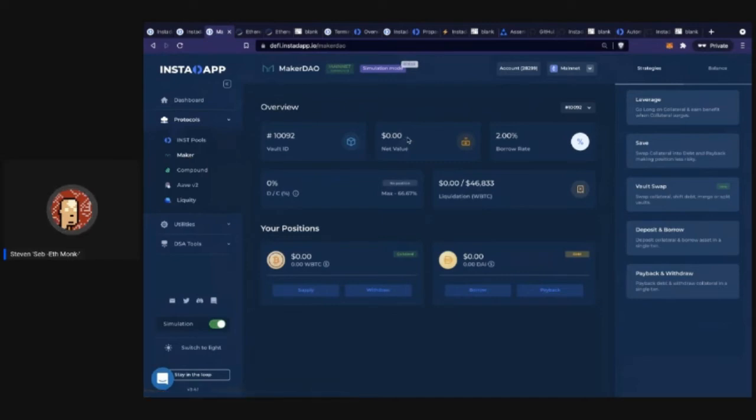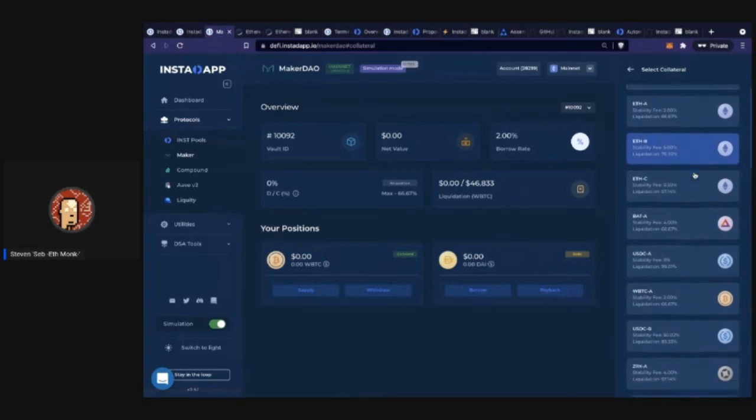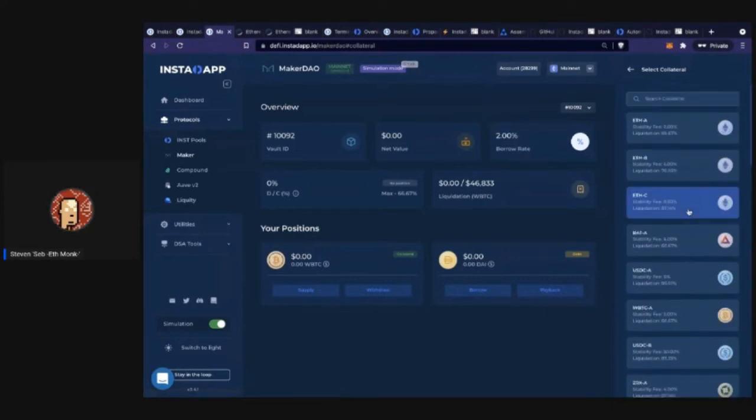So first thing, if you don't have a vault, I actually do have a vault open. You want to click up here and click Create New Vault. And then you'll see all the different vaults that are available. If you haven't used Maker, Maker only uses one asset at a time, unlike Compound and Aave, where you're able to supply multiple assets. There are also debt minimums with Maker, so you might want to take a quick look at how much debt you have to actually hold to use it. So Maker can be a bit of a high bar of entry.